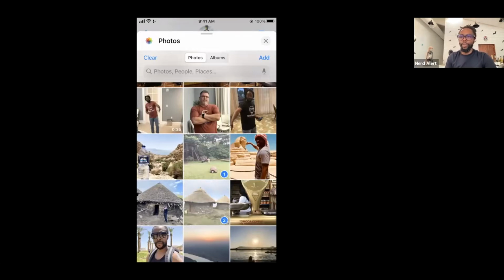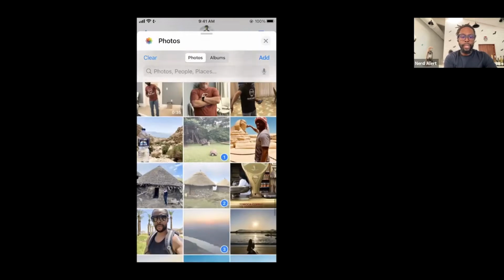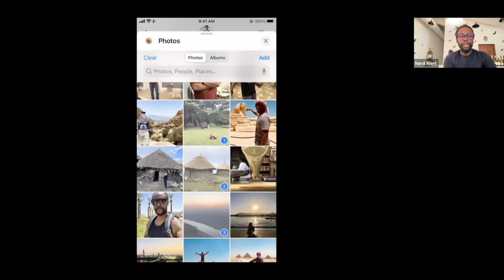So now I have 2. Those are the 2 photos that are going to go into this message if I tap on add at the top right underneath the X. But maybe I want to add 3. So now I have 3, but I don't want to send number 1 anymore. So I tap that again, and now I only have 1 and 2. When I tap on add,